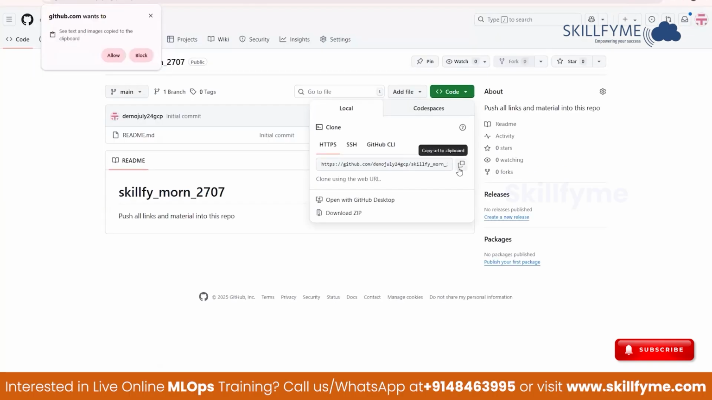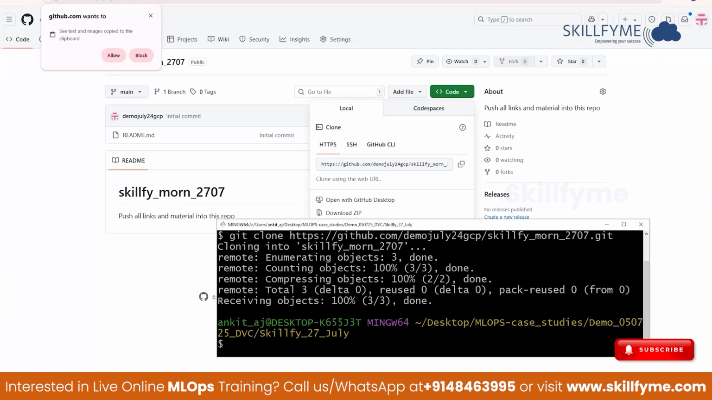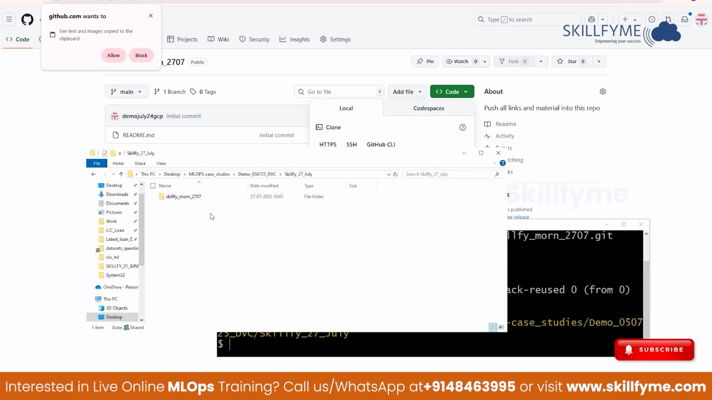So I'm copying this link. I'm going here, git clone, shift insert. So I've done that here and I'm pressing enter. So all of you can see in my folder now, quickly all of you, this was the folder I created,